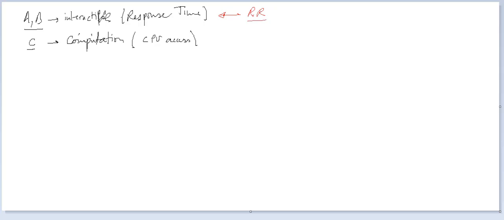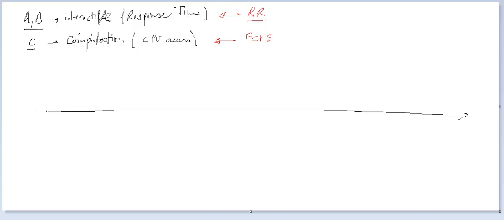As for C, the computation process, it doesn't care about response time. It cares about CPU access, having as much as possible the CPU for all the operations that it wants to do. So basically, first come first served is better suited for such a process. Knowing that, if that is my timeline, just to show what happens,